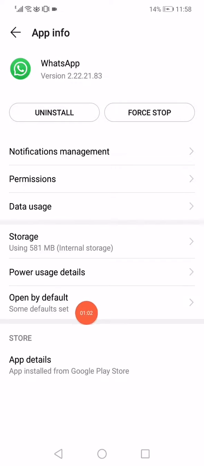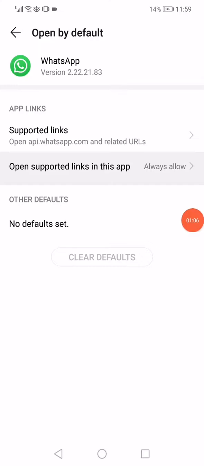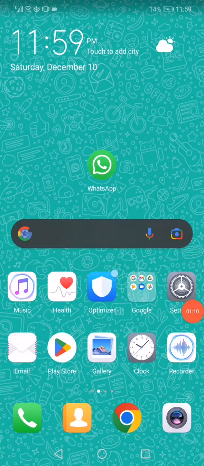Now last thing is click on open by default and click on this open supported links in the app and make sure that it's on always allow. Now restart your phone, reopen WhatsApp, and